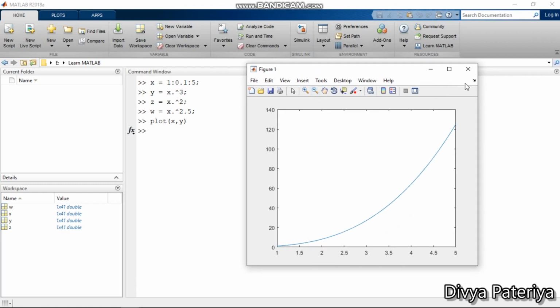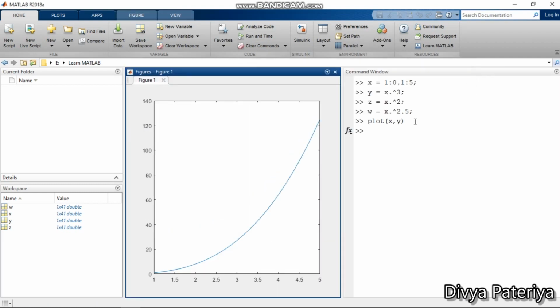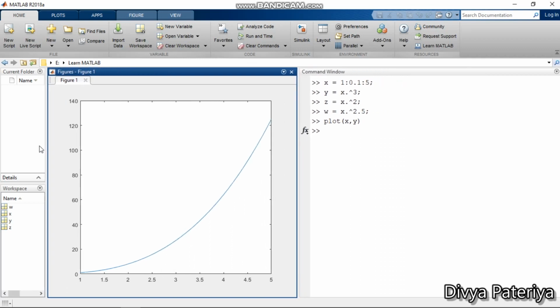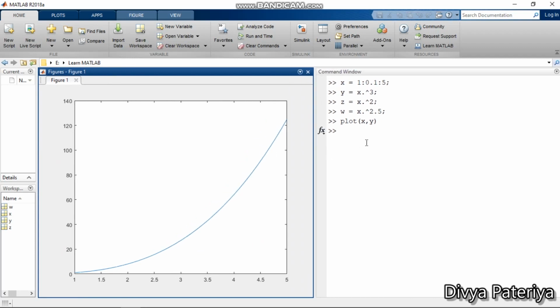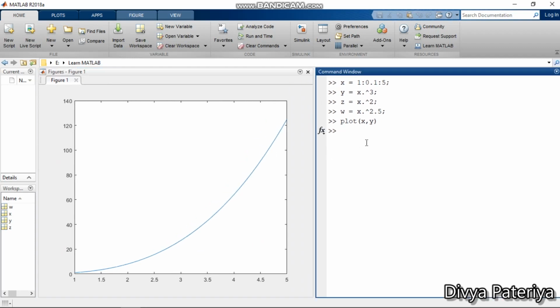So I will also dock this figure inside MATLAB. Okay, so I will make it small. We do not need this, and we will see our images simultaneously. So this is the default plot that we get in MATLAB when we give a plot command. As you can see, this line is by default in a blue color. We do not have any Y label, and we do not have any X label. We also do not have any title or the legend. But this is not the point of the video.